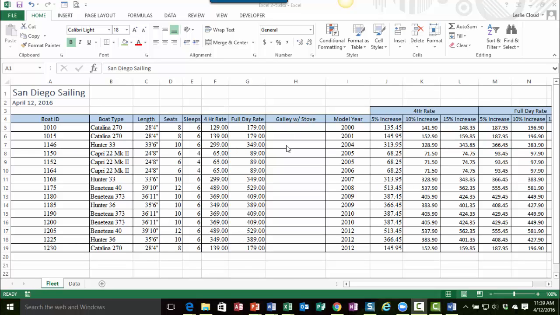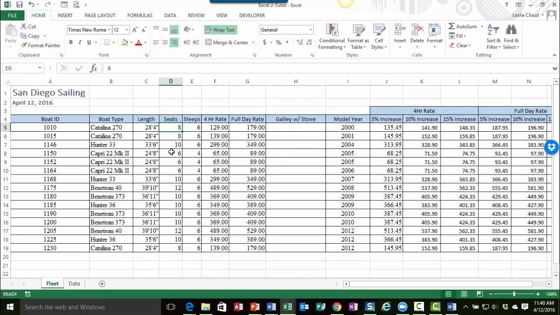Reading that information gives me the clue that I have to consider the number of seats in the boat. In this example, you can see that it does have 8. So I'm going to assume that yes, this boat would have a galley with a stove because the information said 8 or more. The way I would turn that into more of a mathematical formula is I would figure out if whatever is in D5, so we're just starting with this one item and then we'll work our way down as we copy our formula down,